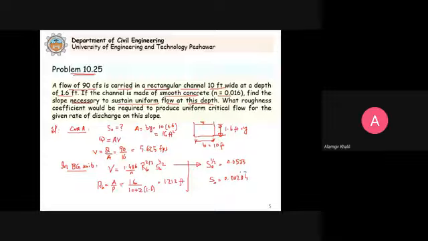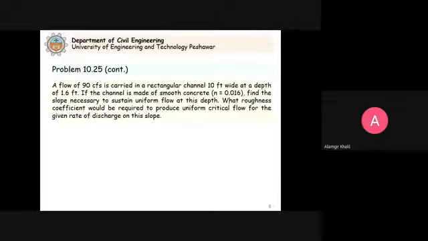So this is actually the answer. This is the slope necessary to sustain uniform flow at this depth. Clear? Now the next part of the question is that if we continue with this problem, the next part of